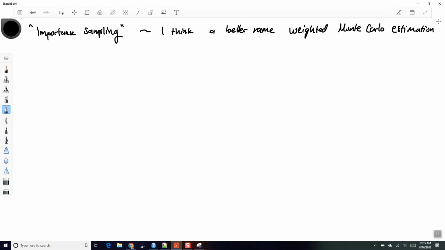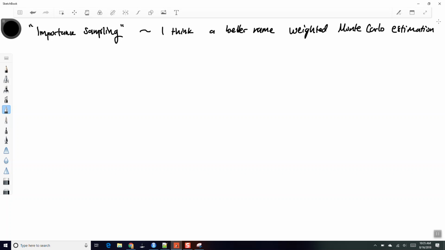So far we've just been doing Monte Carlo estimation, and this is just a weighted version of it, okay? But for whatever reason in the literature, this is called importance sampling, okay? But I feel like importance sampling